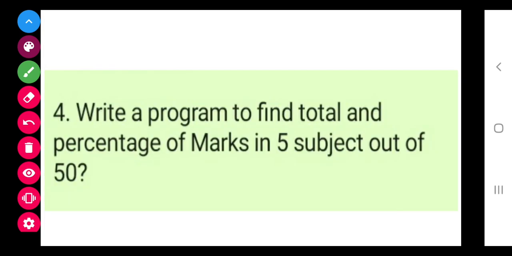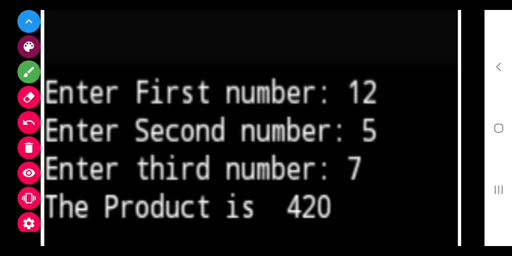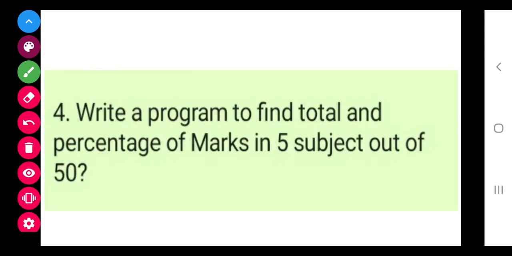Now the next program that I have chosen is to write a program to find the total and percentage for marks in 5 subjects out of 50. The user has to enter marks out of 50 in 5 subjects. He will get the total and percentage.